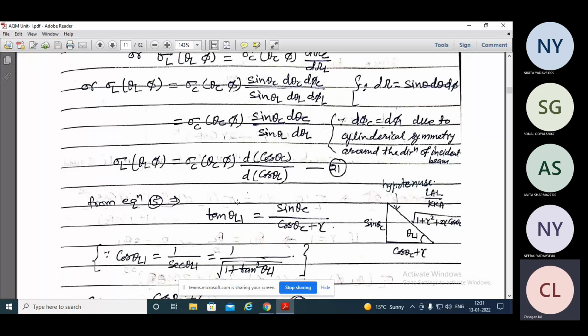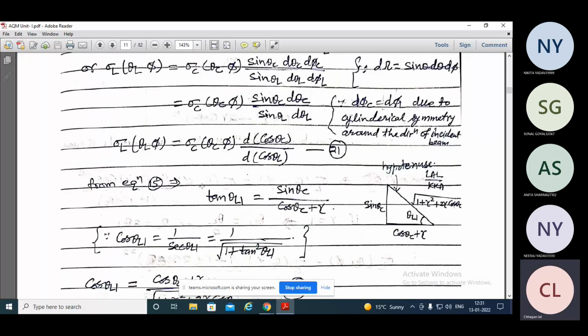Now in simple formation, I can say something. So tan theta l, ये हमने पीछे वाली टर्म से निकाला था, tan theta l इक्वल टू sin theta c ओवर cos theta c प्लस गामा, ये हमने एक टर्म निकाली थी पहले से ही। और अगर हमने ये टर्म निकाली, इसका मतलब हम लिख सकते हैं sin थीटा c और cos थीटा c प्लस गामा। इस टर्म को अगर आप चेक करेंगे तो ये sin थीटा किसके लिए होता है। अब यहाँ पर आप एक ट्राइंगल बना लीजिए, इस ट्राइंगल से आप कहाँ पर इसका हाइपोटेनस होगा, कहीं पर भी परपेंडिकुलर होगा, कहाँ इसका बेस होगा, वो आप खुद देख सकते हैं। तो अगर दिस इज द एंगल, दिस इज द थीटा एल1 एंगल,